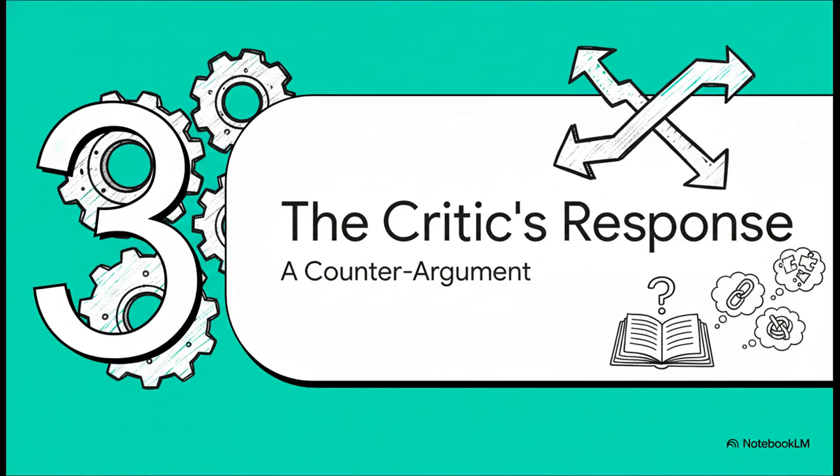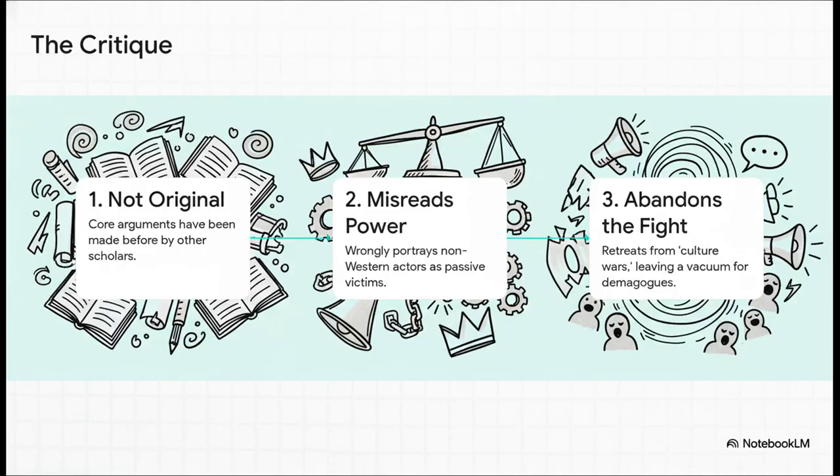A critic named David Gordon White reviewed Lincoln's book, and while he definitely gave Lincoln credit for being brilliant, he also pointed out three big problems with his argument. So White lays out his critique in three pretty clear parts. First, he says Lincoln's core ideas aren't really all that new. Second, he argues that Lincoln's understanding of power is a little too black and white. And third, and this is a big one, he suggests that Lincoln's whole approach could actually have some pretty dangerous consequences out in the real world.